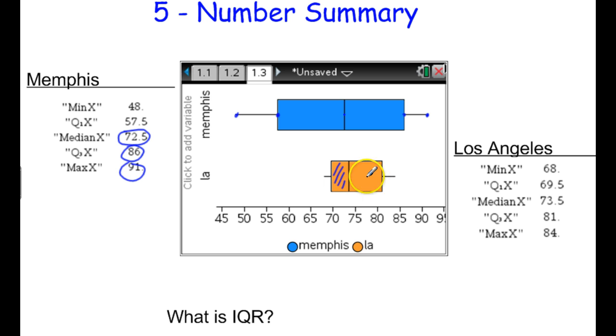This is not really part of the lesson, but this data tends to be skewed right here. It looks like it's got more spread to the right than it does to the left, and it's much more compact. The IQR is the interquartile range. It's basically the box here. That's basically your IQR. So formulaically, it'd be Q3 minus Q1. It's a distance there. IQR is how long that box is.